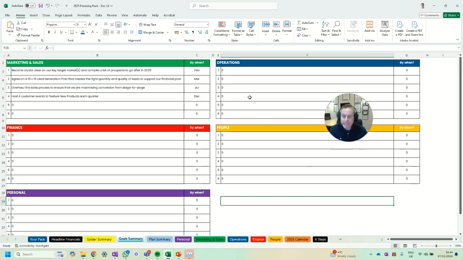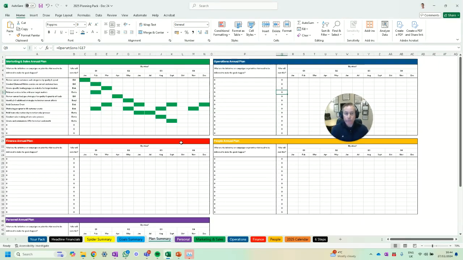Now we've got spaces there for 6. Again, in this instance, I've only used 4. I don't have to fill all of them up. And when I'm finished with this, I might just tidy up and remove these rows. Okay, but you'll end up with a nice summary sheet of the goals grouped by the key area of your business. And then actually where we'll get to, again, when you go through the exercise, which I'm about to come on to,